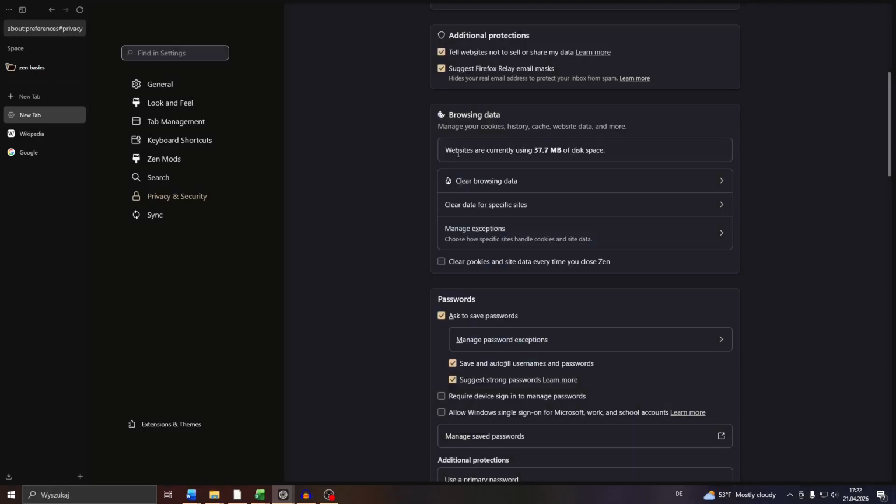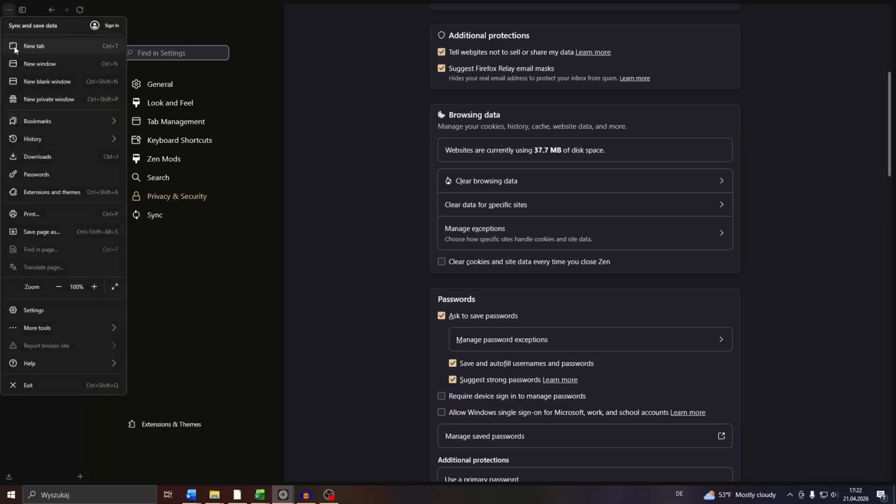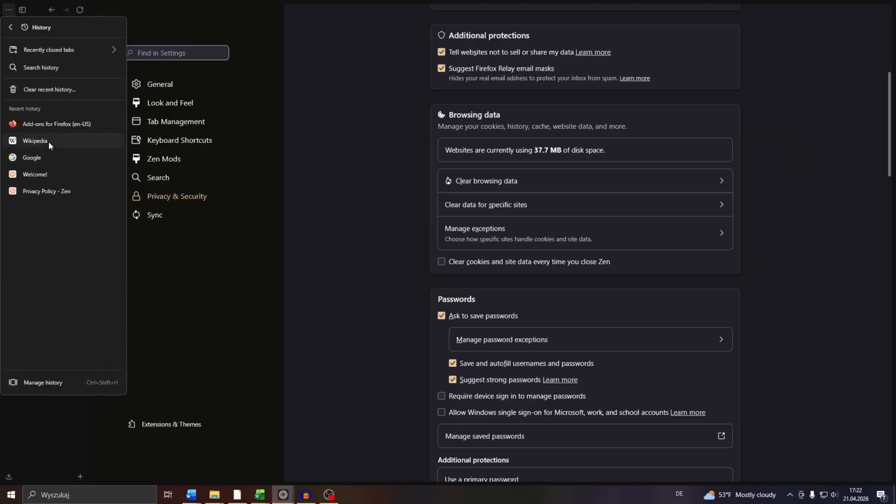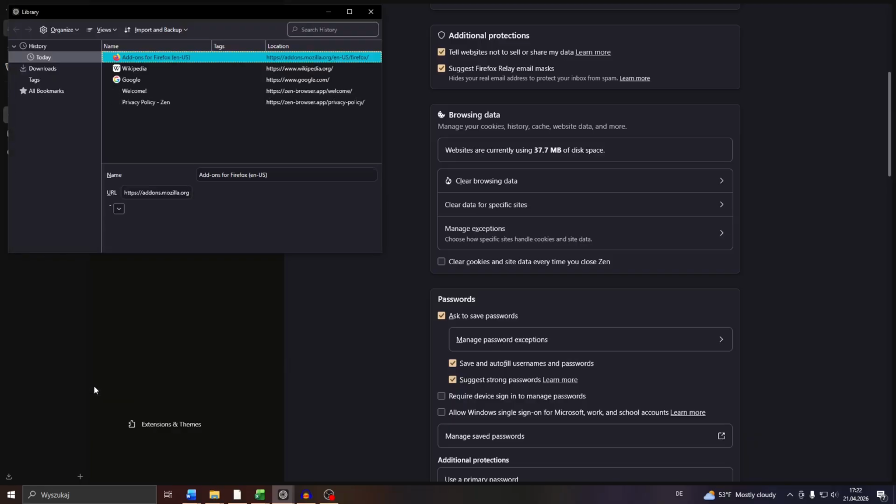Or enter option number 2. If you don't want to do this via the browser settings, click into these three dots on the left sidebar, click into history, and then choose clear recent history, and that is going to redirect you to the same window I just showed you. You can also click into manage history, or use a shortcut Ctrl-Shift-H, and then you would